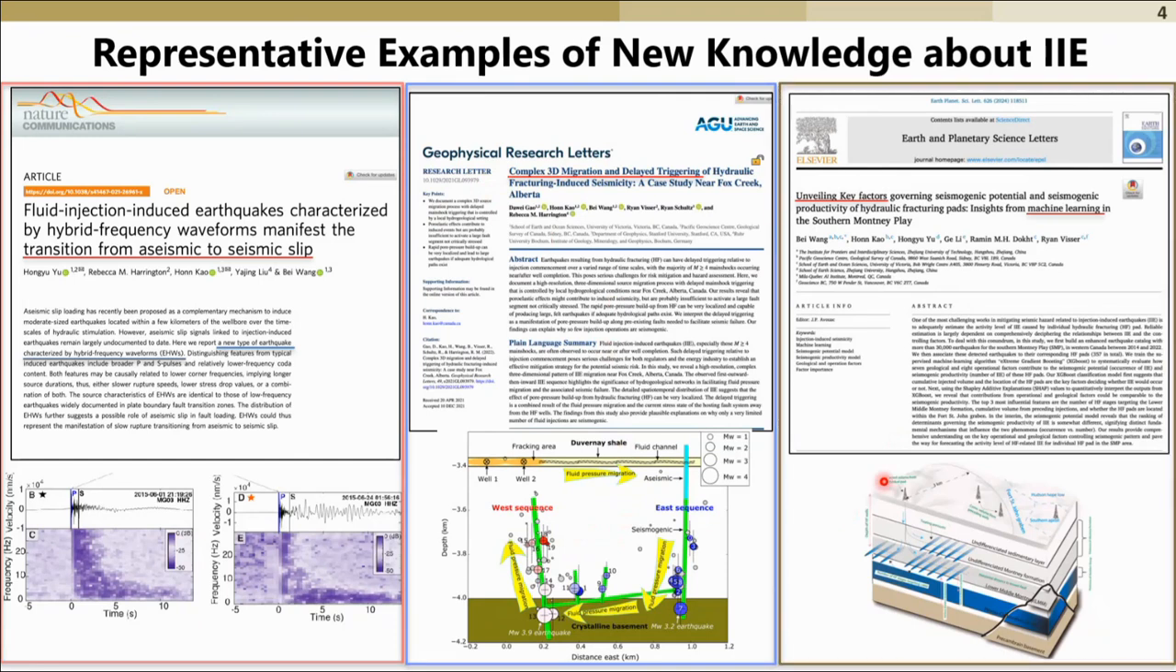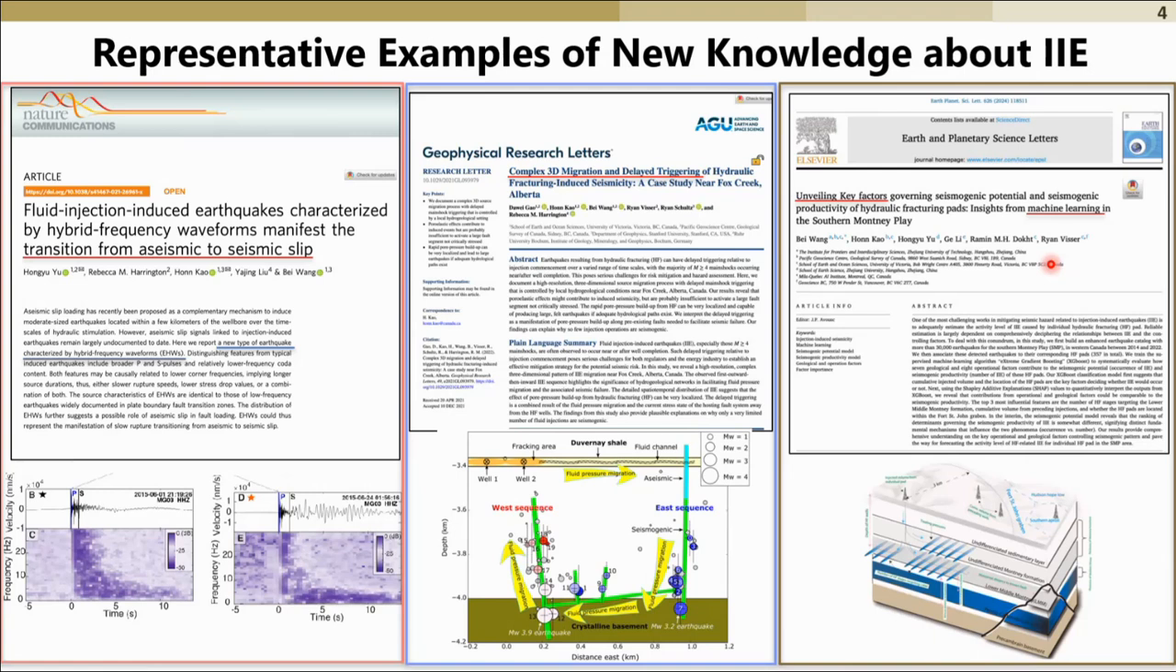And finally, this particular example here is a systematic study of the key controlling factors that govern the seismogenic potential and productivity of the injection-induced earthquakes at the resolution of individual injection paths. In this particular study, we take a machine learning approach to examine the physical relationship between more than 30,000 induced events and 15 different